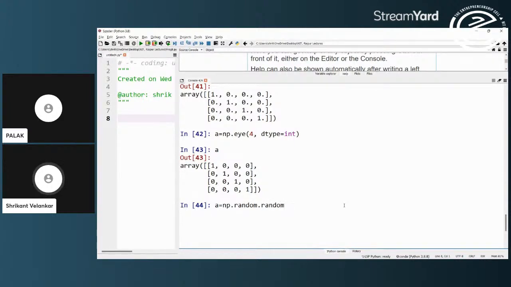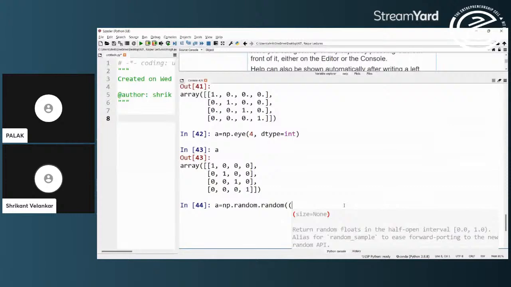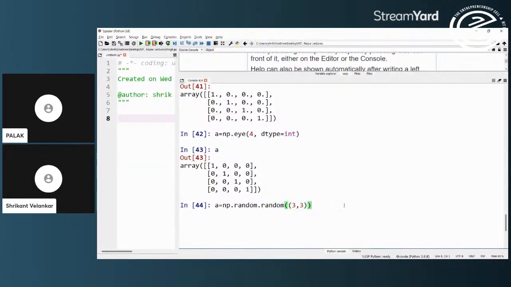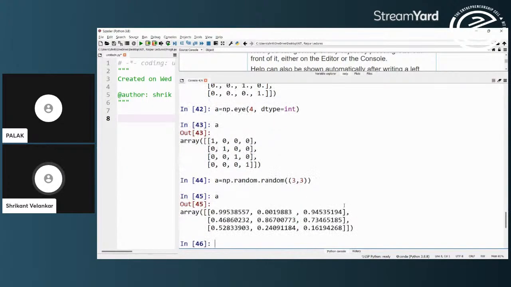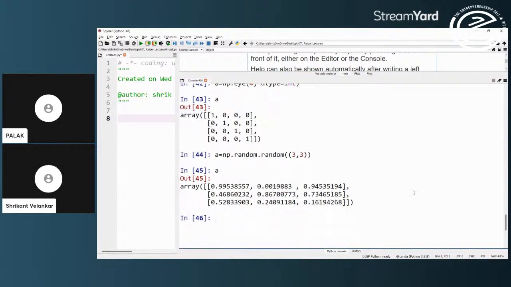So random is an object under module np, and random is a method of that object. If I want to generate a 3 by 3 matrix, we can generate that. You will see that it is randomly generated. Obviously, those values will be between 0 and 1.